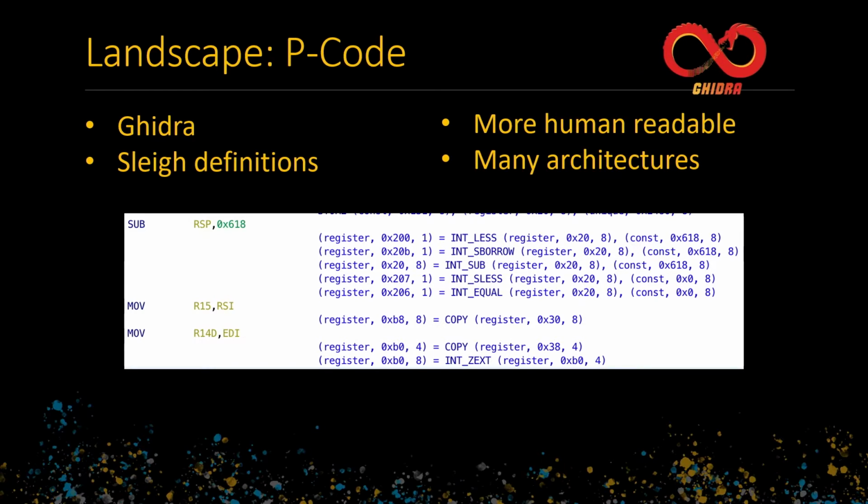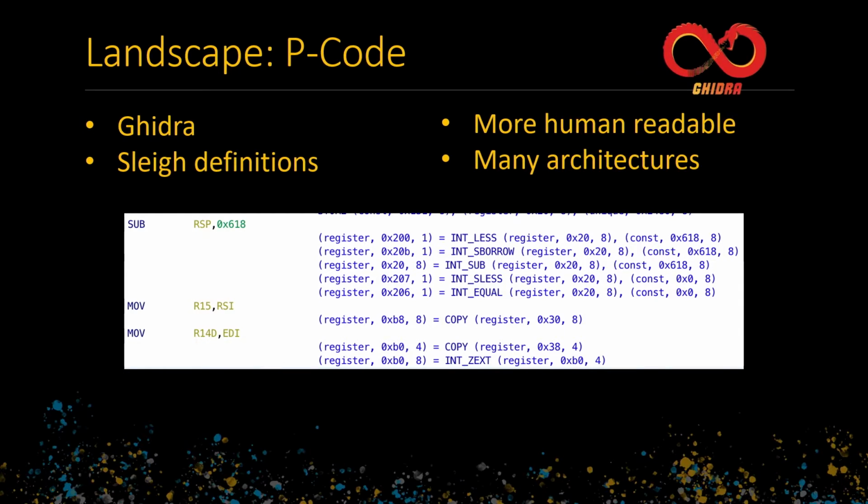I think 1998 was the first series of papers that came out of her group in the lab she was working with, that described how decompilers could work. And they had a specification called SLED. And so Ghidra has SLEIGH. So you can tell they were reading the same papers. And the SLEIGH definition is a CPU description language, right? So they describe the CPU, and then there's a compiler that takes this SLEIGH and turns it into the P